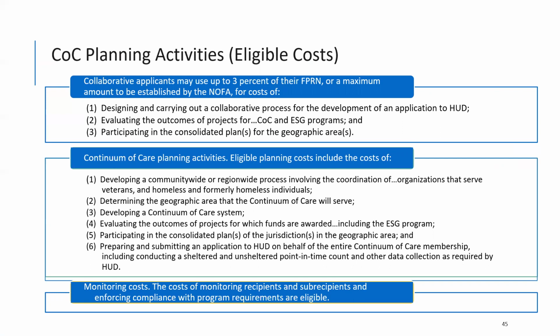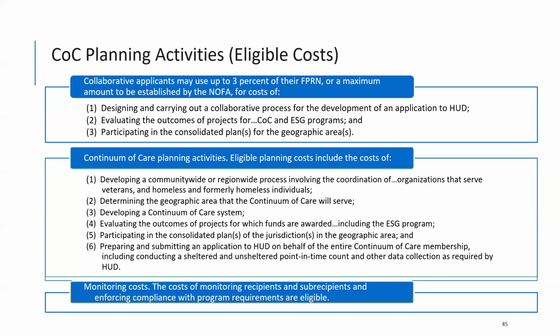The planning cost includes designing and carrying out a collaborative process for developing the application to HUD, evaluating outcomes for CoC and ESG programs, participating in the consolidated plan, and other planning activities include developing a community-wide or region-wide process that coordinates all these different folks who are serving folks experiencing homelessness, determining the geographic area that the CoC will serve, developing the CoC system, evaluating outcomes of projects, that includes both CoC and ESG,